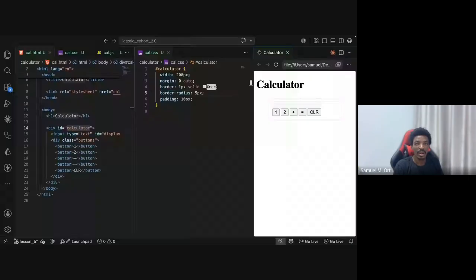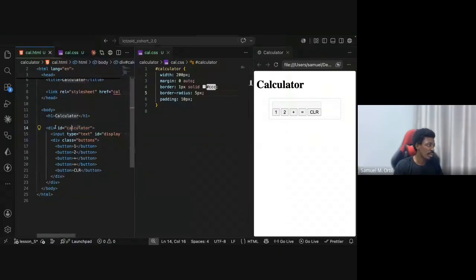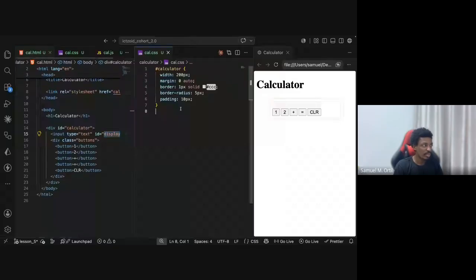We are not doing a CSS session. Let's try and wrap up this thing quickly. So now that's enough for the div. That's the main container now. So we have the display. This is the display, the input field, right? So we could come here, hash display, curly braces, and give it